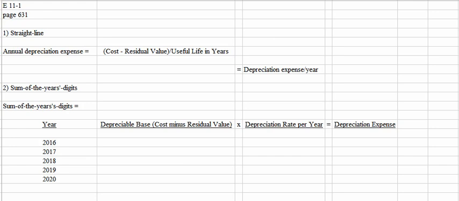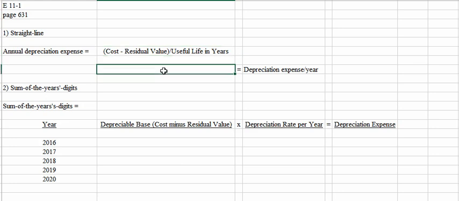Okay. First, they want straight line method. Well, that one's pretty easy, you guys. I've included the formula here in the template. When we're using the straight line method, we're calculating annual depreciation expense. So our formula is cost minus the residual value divided by the useful life in years. So under the straight line method, we'll take the same amount of depreciation expense each year that we use the